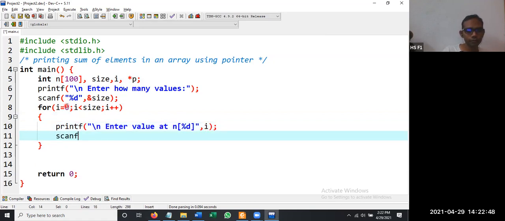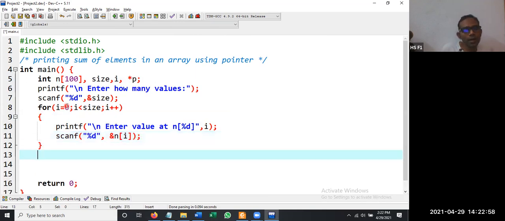Scanf %d comma ampersand n of i. So this is how you are going to accept elements in an array.